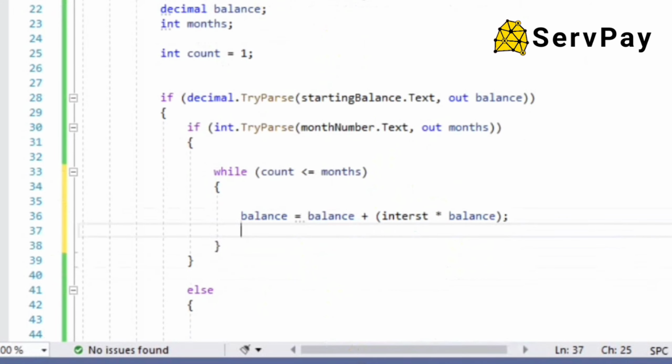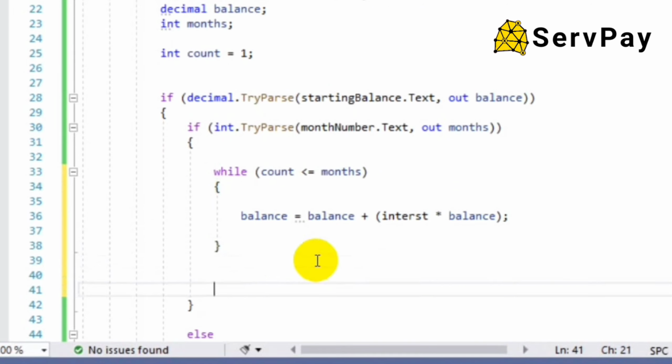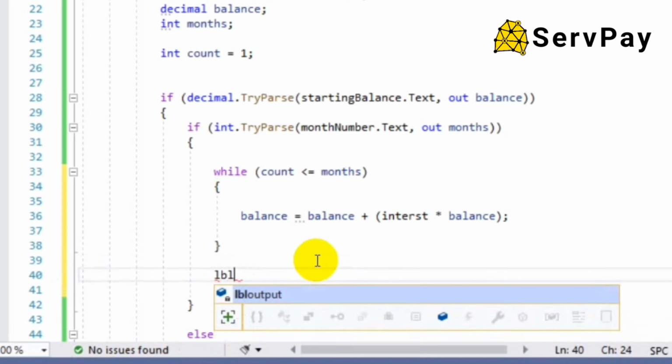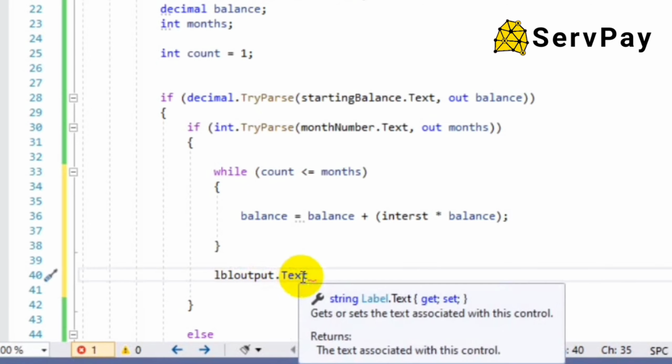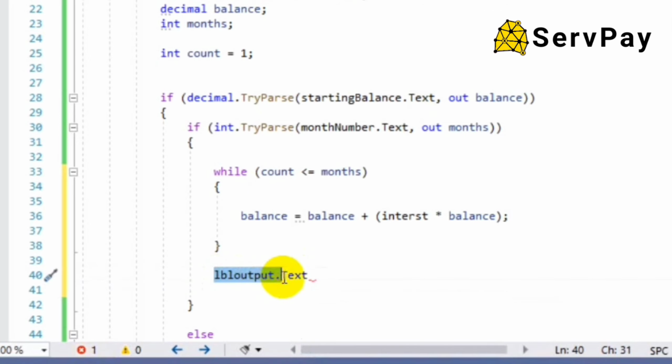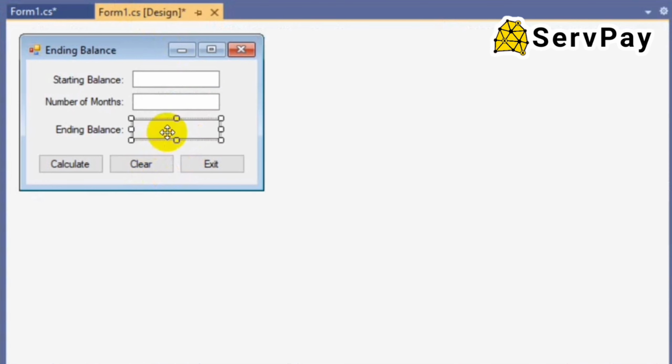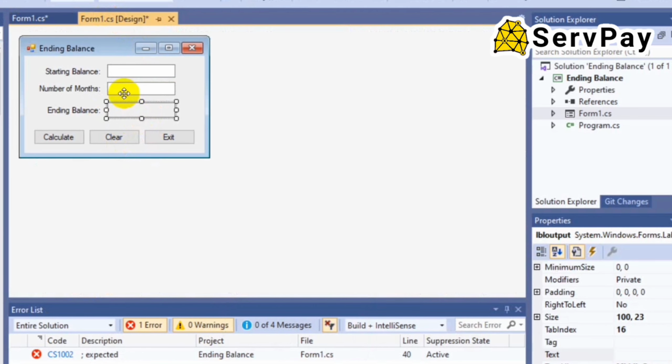Now we're going to show that value that the user enters, I mean the result. So we say LBL output dot text. So what is this LBL output dot text? We got it from this. So this is a label. This is not a text box like this. It's different. So the label, we're gonna use it here just to show the result. When the user enters the number here and here, the program will do all the calculations and then display the result